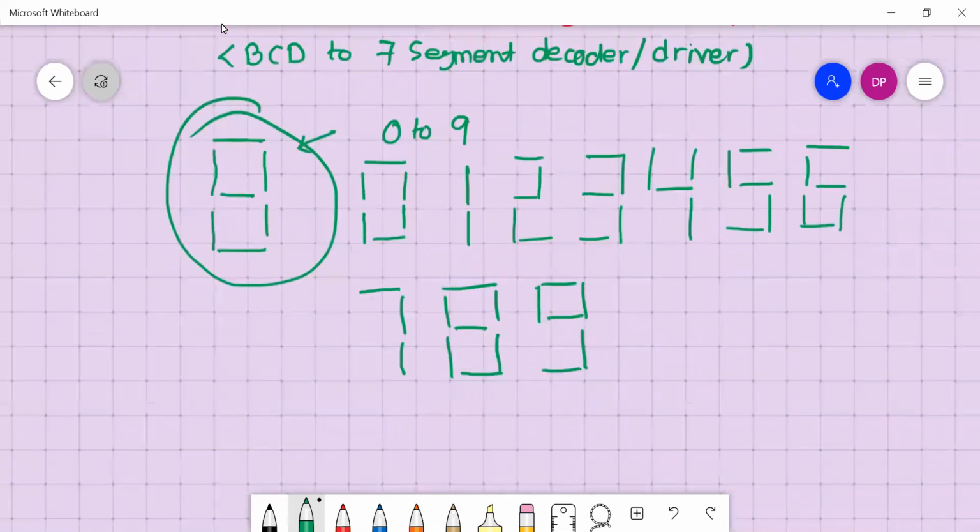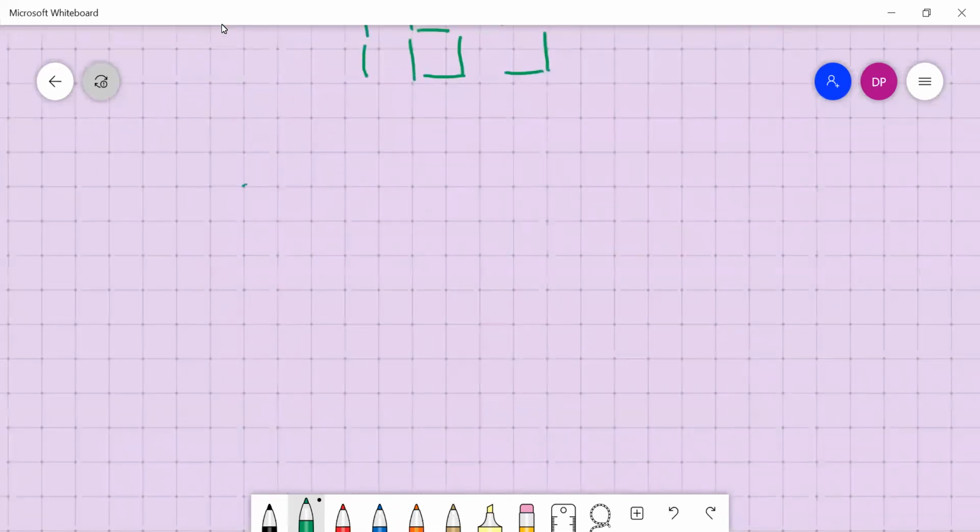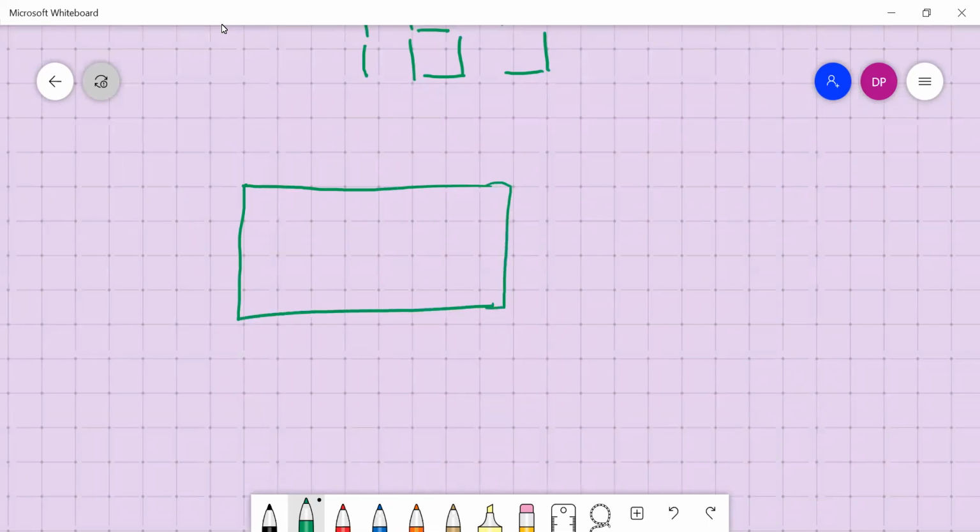Let's say you have an integrated circuit, IC. We feed this binary coded decimal input to this. Let's say I'm feeding 0. What is the binary coded decimal value of 0? 0 0 0 0. So this is given over here.